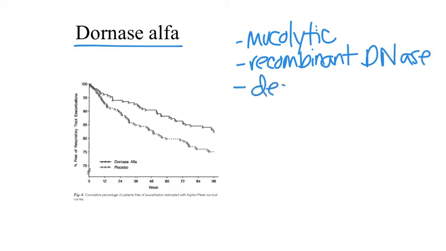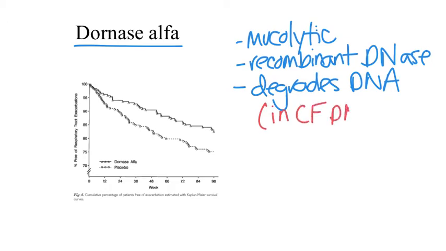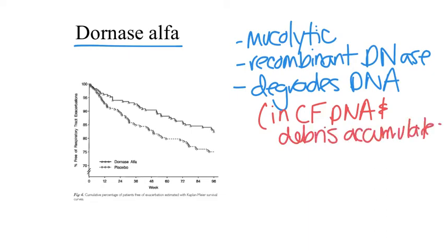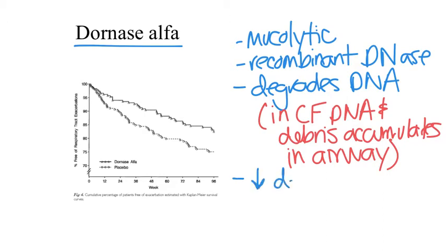In the case of cystic fibrosis and the significant infiltration of immune cells and inflammation that occurs in the airways, what can happen is neutrophils and other immune cells become degraded and damaged in the airways, further contributing to the presence of viscous mucus. By treating with Dornase alpha, which is a DNase enzyme that breaks down DNA, this can decrease accumulation of cellular debris in the airways, thereby reducing viscosity of airway secretions, leading to improved lung function and